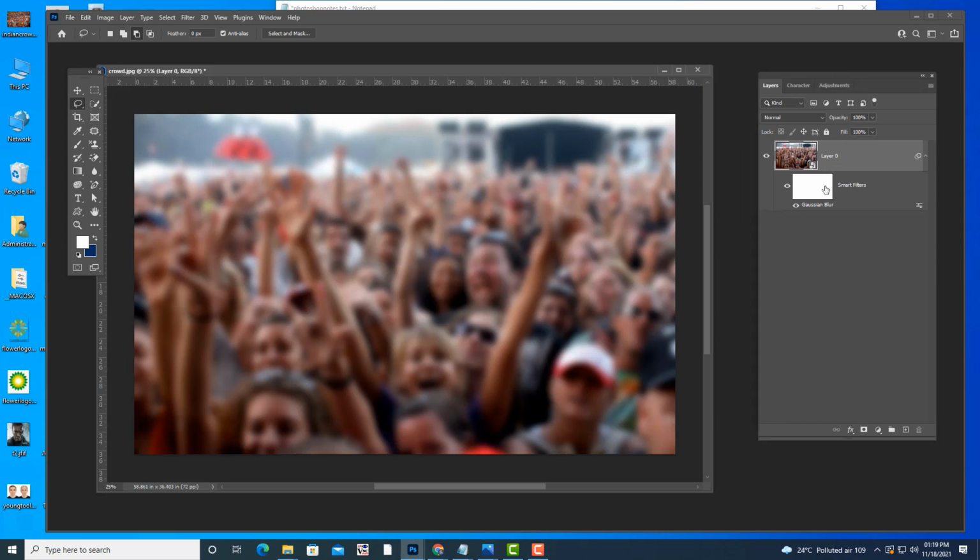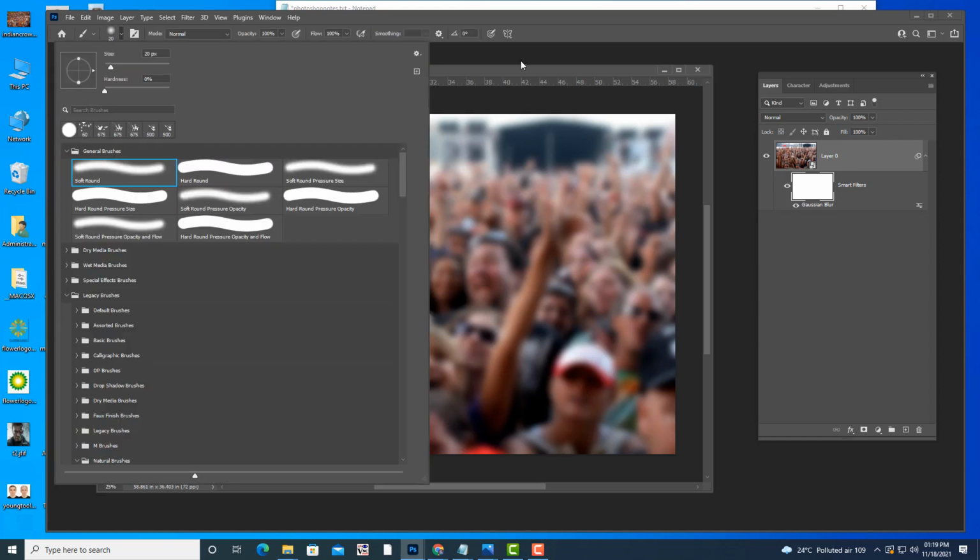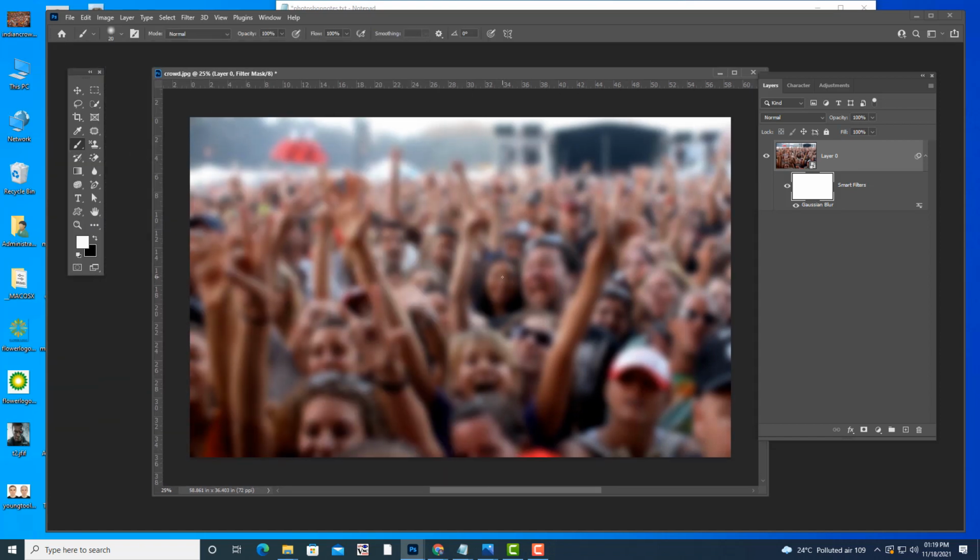One more good thing about smart filters I will tell you. Here, you have a thumbnail. You can use this thumbnail just like a mask. Just select that thumbnail, and I want to remove the effect from this person. So I can just take a brush, a soft brush, then simply paint on this person.